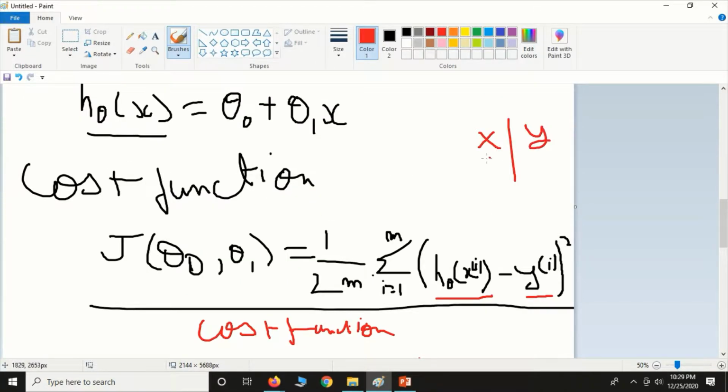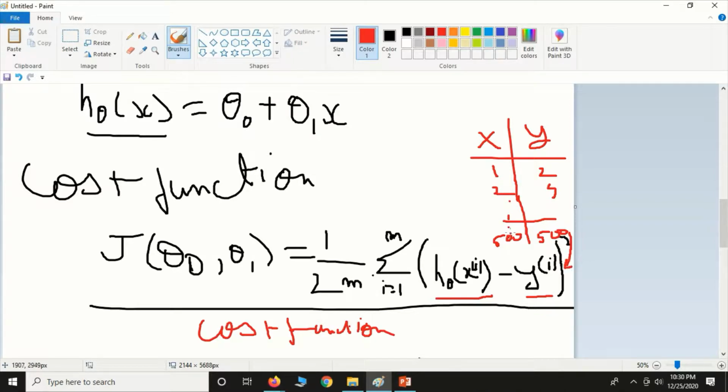Let's have a data set, x from 1, 2, 2, 2, 2, 4 till 500, and for the y-axis it's also up to 500. For this sample size, m is called the sample size. For this data, the sample size is 500. Whatever data you are giving, that's called the sample size, that is called m.